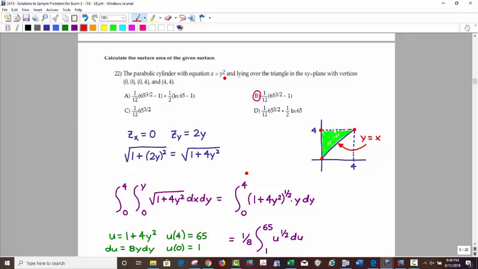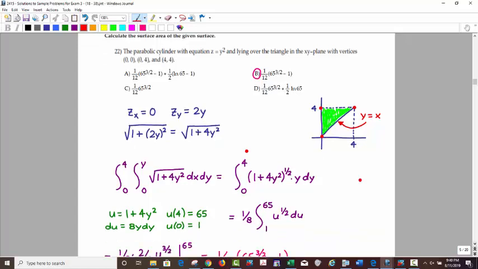Now, we have z equals y squared, so we need the partials. Well, there's no x variable there, so the x partial will be 0, but the y partial will be 2y. So we're going to have the square root of 1 plus (2y) squared, so it's 1 plus 4y squared. So that's what we're integrating,